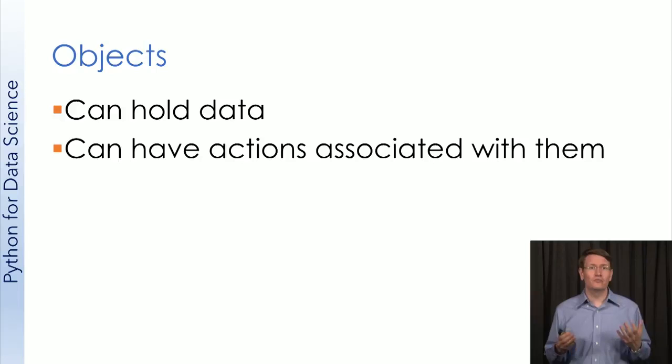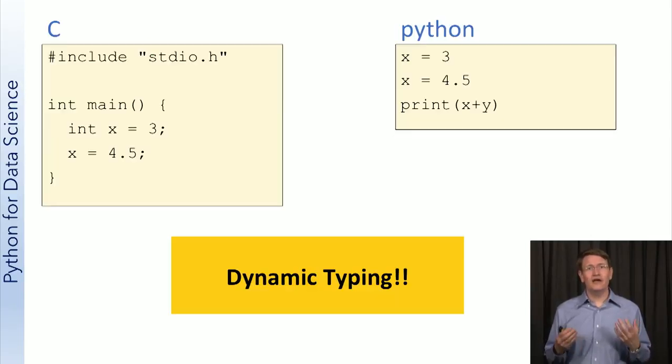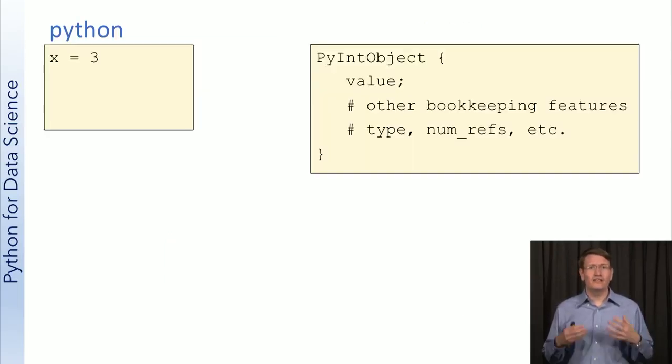We'll actually be working with more complex objects like lists later this week, but for now, just keep in mind that objects hold data. In the last video, we saw how this code worked with dynamic typing. Specifically, x was allowed to be assigned both an integer value and a floating point value. But why? Well, to figure that out, we're going to have to understand that everything in Python is an object. And for those of you who know C++ or Java, you'll be surprised to see that this applies to primitive